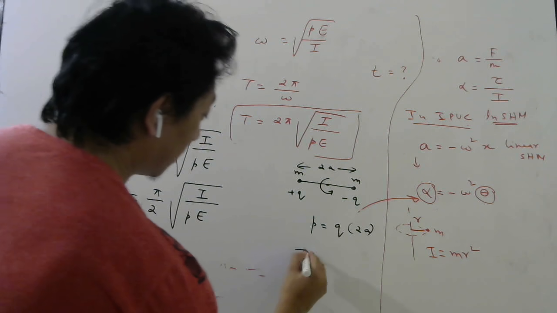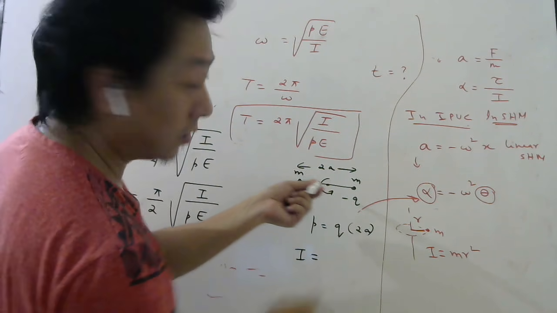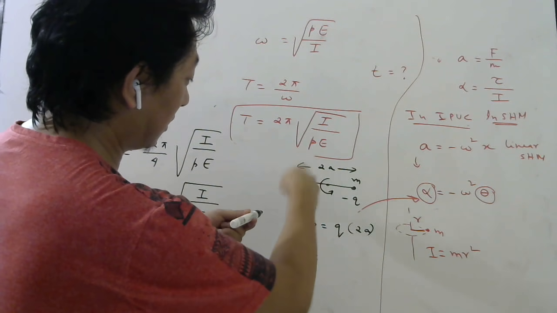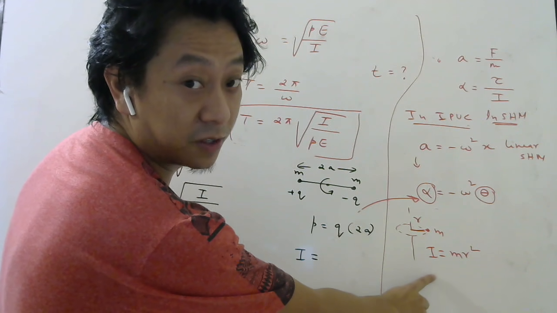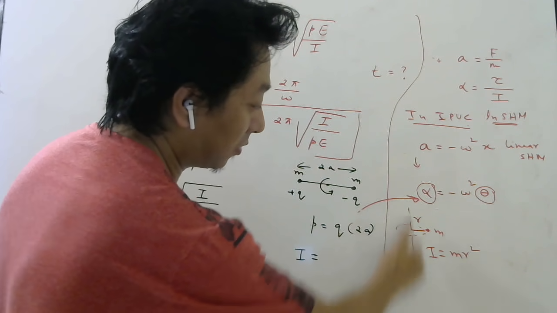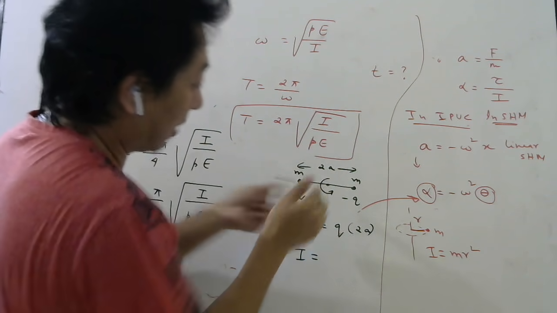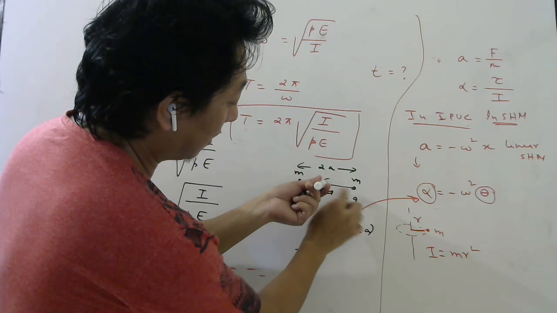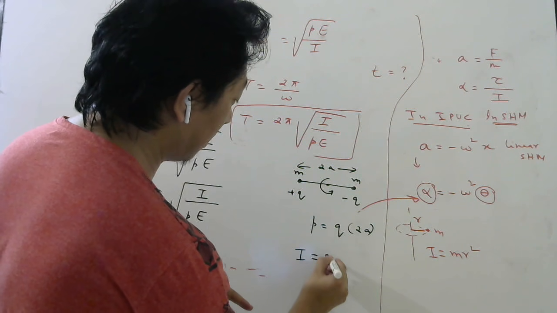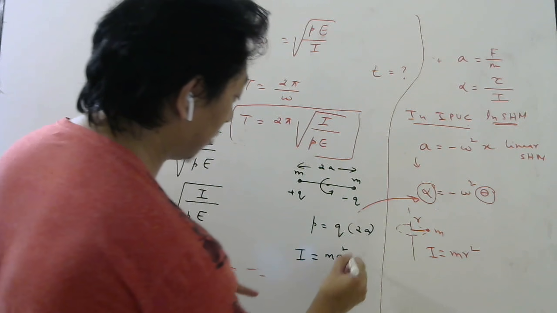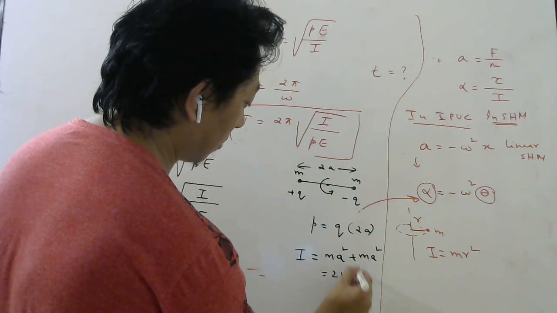What about moment of inertia? It is rotating around this axis. This is the formula for moment of inertia. R is the distance of the particle from the axis of rotation. So this dipole will rotate like this, about this axis. So from the particle to the axis, what is this distance? A. So the moment of inertia of this particle will be ma square. For this particle also it will be ma square. So the moment of inertia is 2ma square.